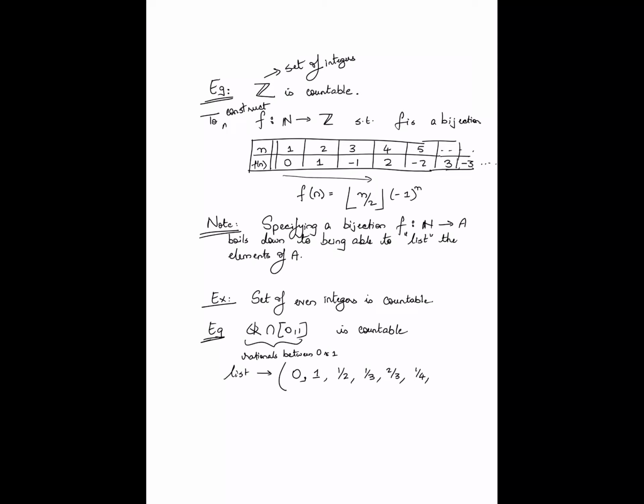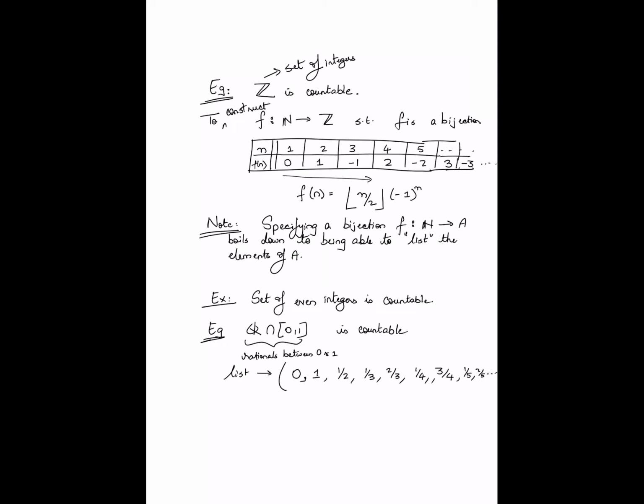Similarly, then I move on to denominator 3: 1/3 and 2/3. 3/3 I don't need to write because 3/3 is already 1. Similarly, then I move on to denominator 4: 1/4. 2/4 I don't need to write because it's 1/2, already done. Then I write 3/4, and again 4/4 is of course done. Then I do 1/5, 2/5, and so on.